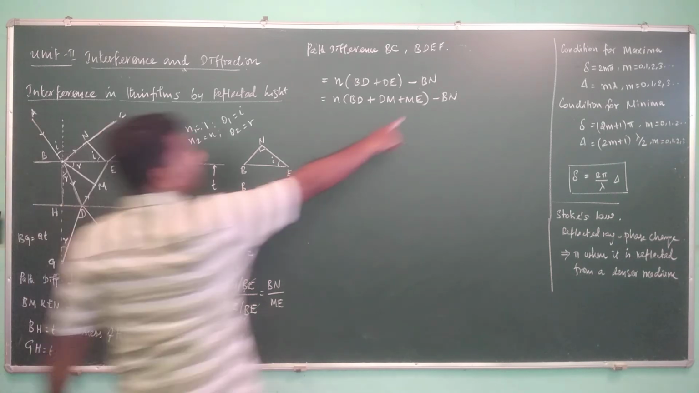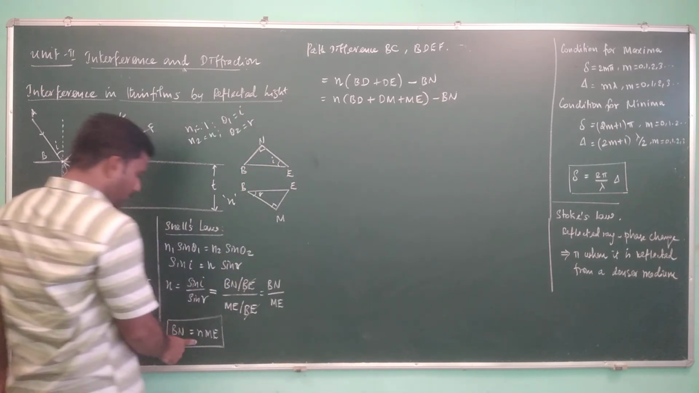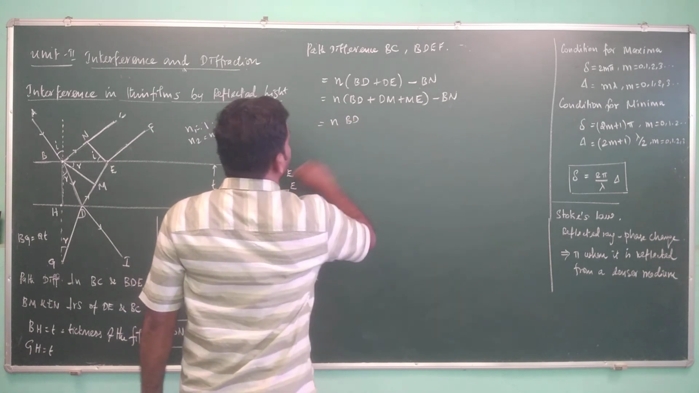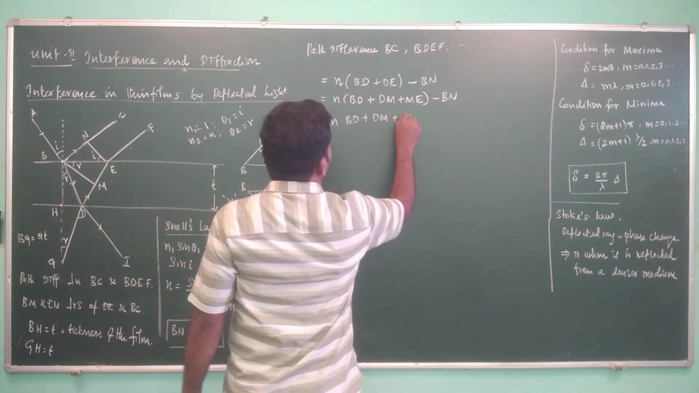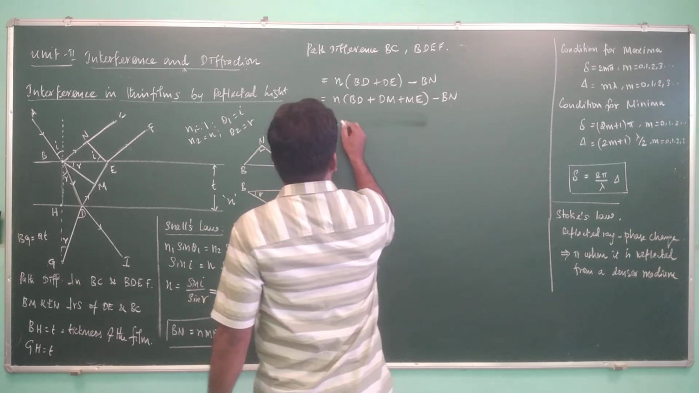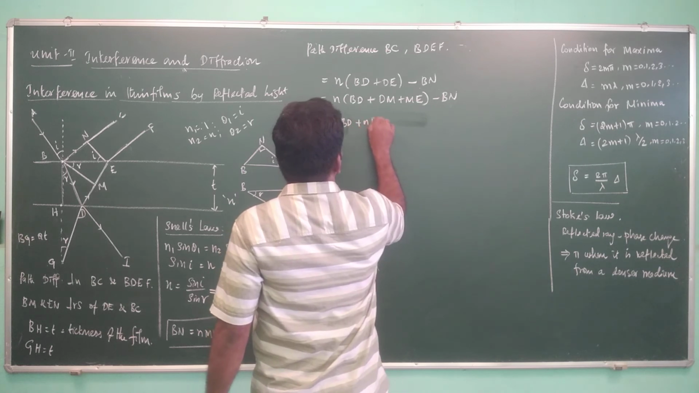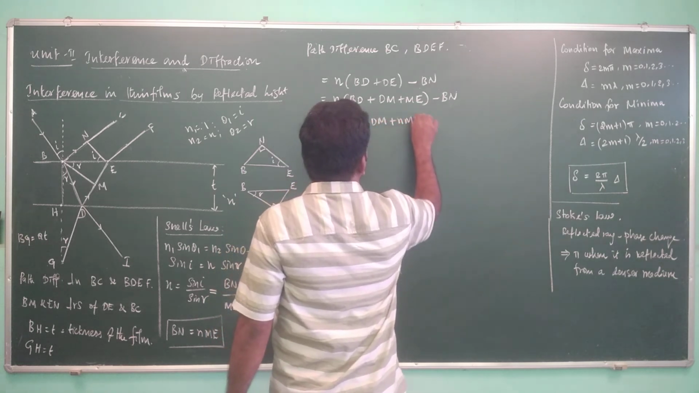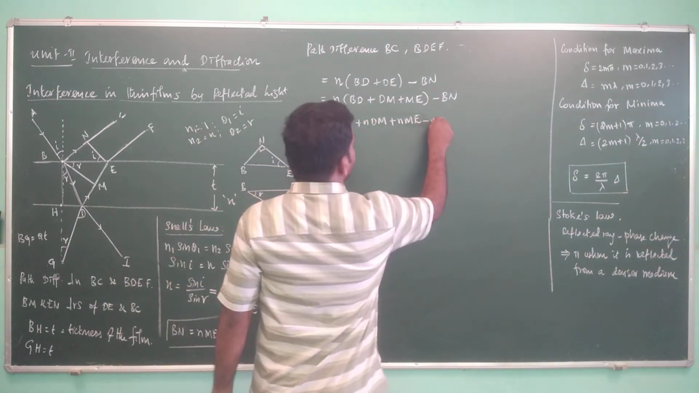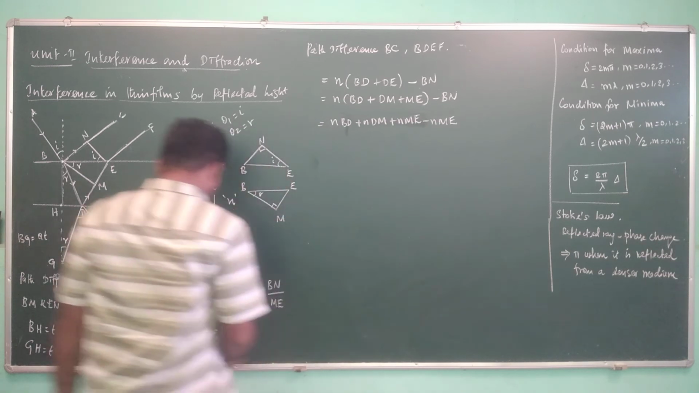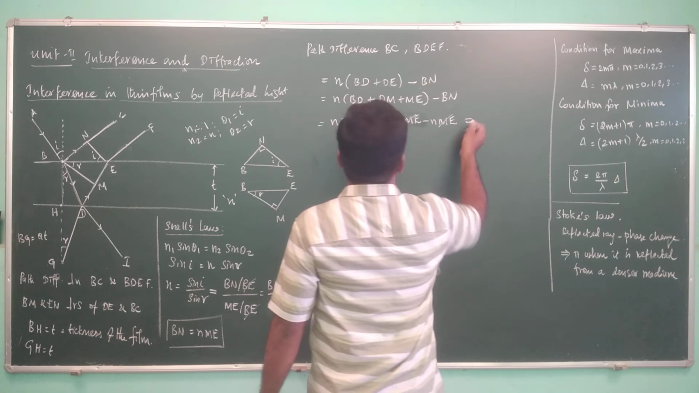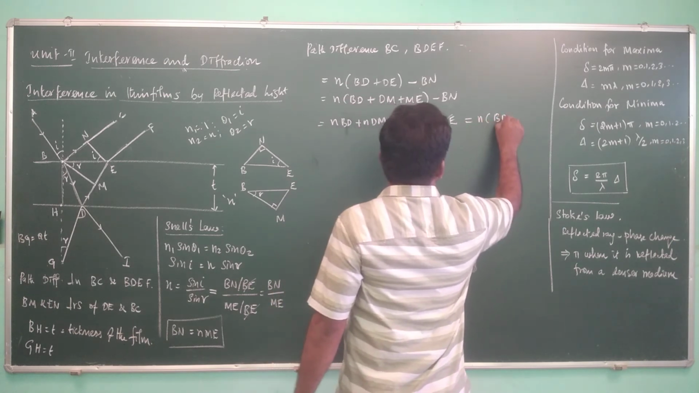Where is BN? Here there is a BN. This BN is replaced with N times ME, so that this equation becomes BD plus DM plus ME, or you can write N times BD plus N times DM plus N times ME. I brought N inside, minus N times ME, that is this BN is replaced with N times ME. What will happen? This will cancel out each other, so it becomes N times BD plus